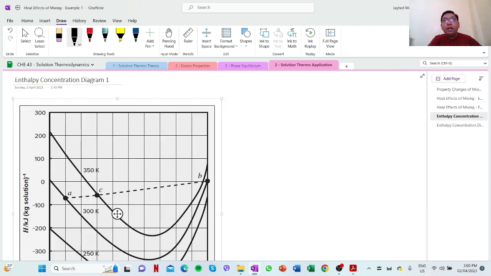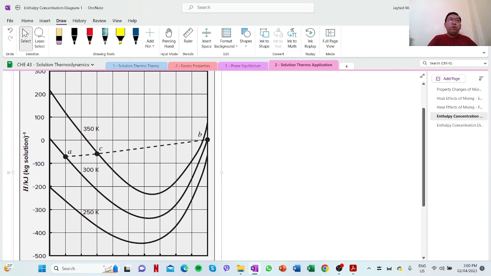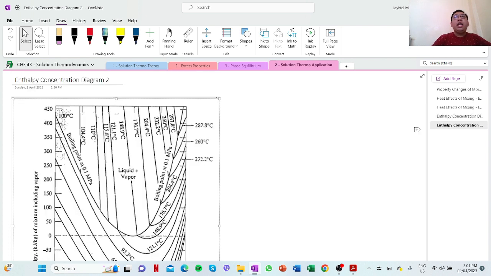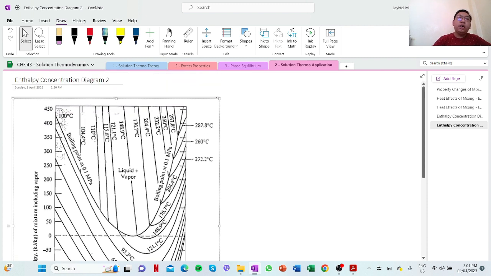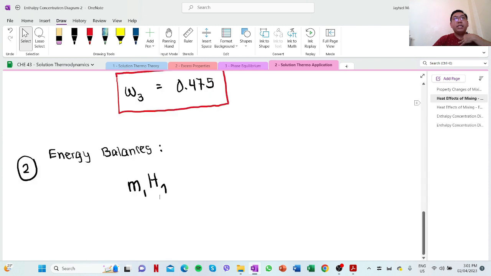So I actually prepared here two diagrams. The first diagram is in case we are required to use the one found in the Smith and Van Ness textbook. There are only three isotherms present here. And later, in the second example, we are going to use the diagram presented in the textbook of Sandler for the enthalpy concentration diagram of sulfuric acid. So this will be M1H1 plus M2H2